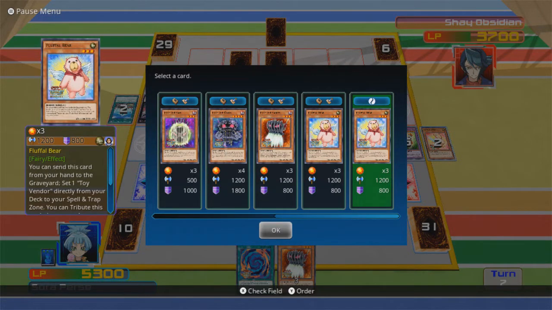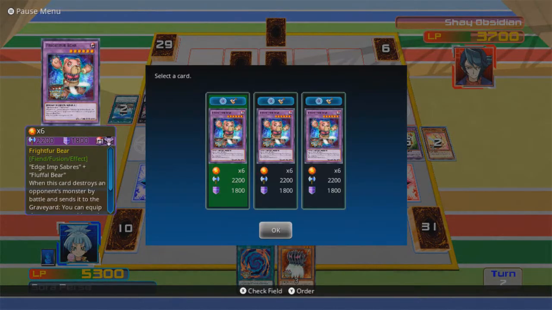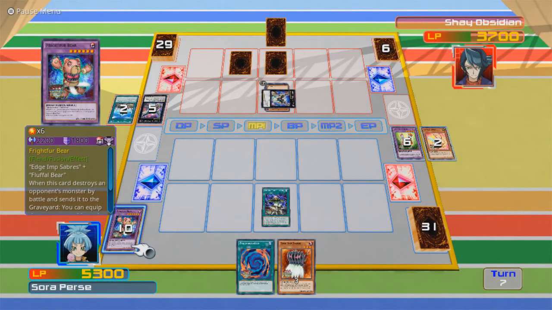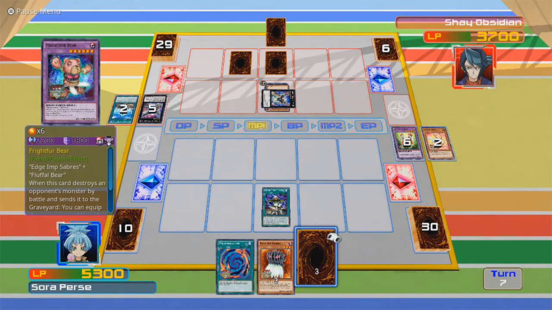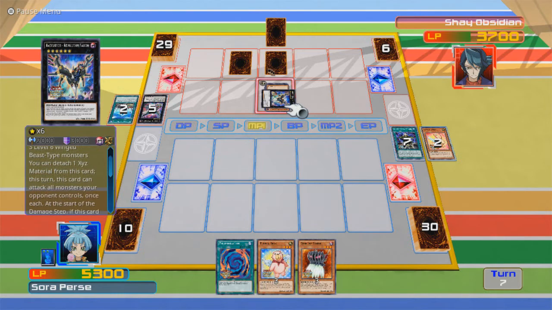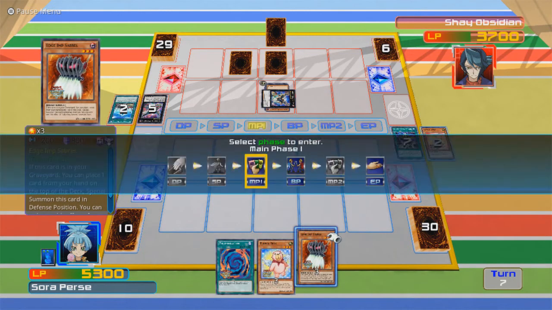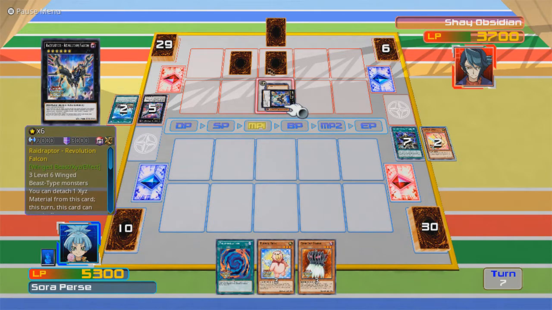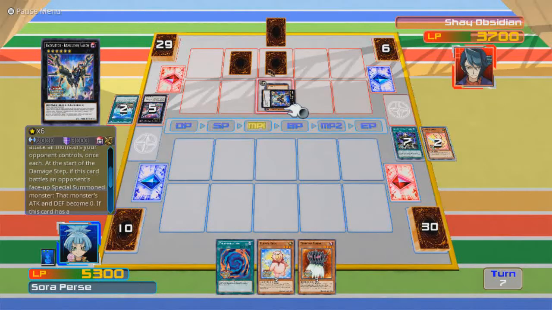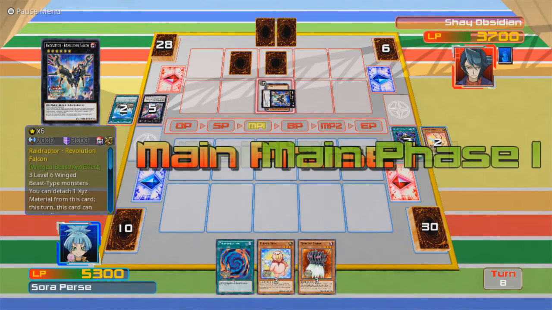Well, I think I'm in trouble. I really am. Doesn't really matter what I bring out. I'll just say Fluffal Bear. It literally doesn't matter what I do. What if I force him to go into attack mode, though? If I do that, and then sic the bear... Wait, this other effect. Okay, it looks like it's only during his turn. If I can trick him into going into attack position...